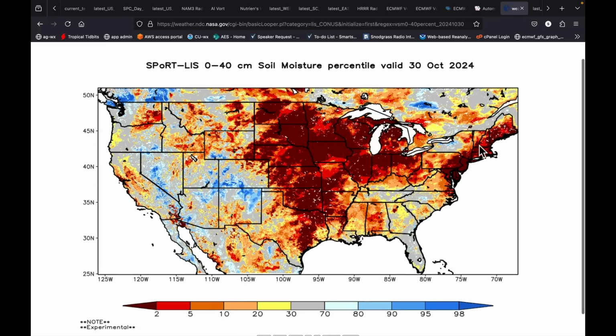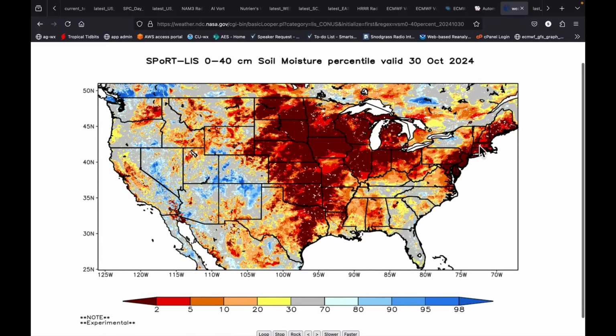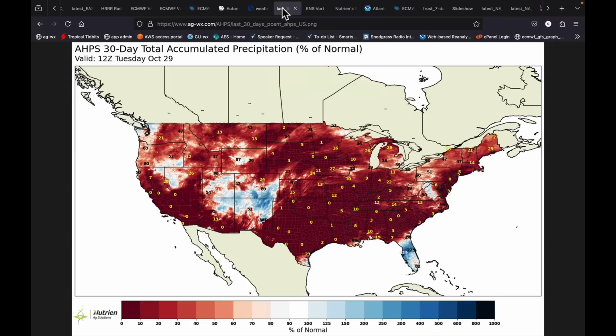Soil moisture, this is a map I'm looking to see change over the next 10 days. It's going to be critical to see this change over the next 10 days. Because if you look over the last 30, we now no longer have Helene in the data. You can see some of the remnants of Helene, but nothing else here. Other than Milton and the cutoff low and a couple of systems that clip parts of the Northwest, we've been extremely dry. So what about that week 2 time frame?